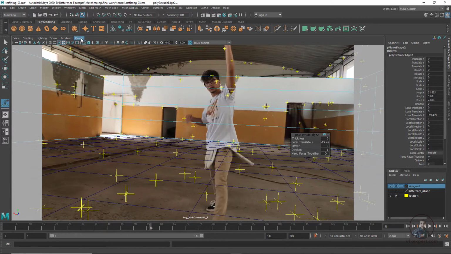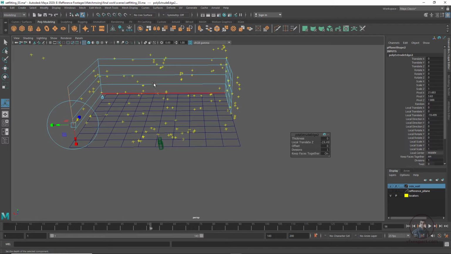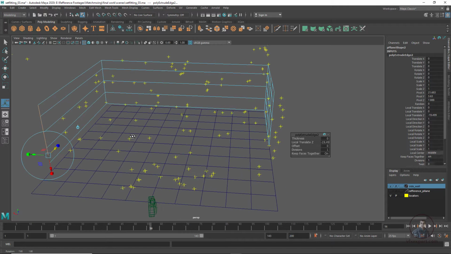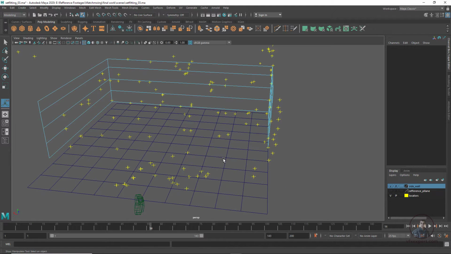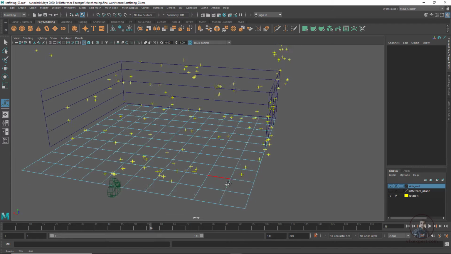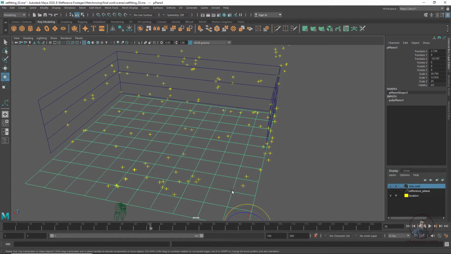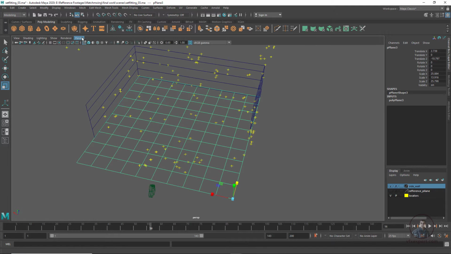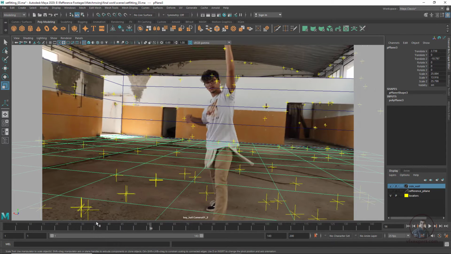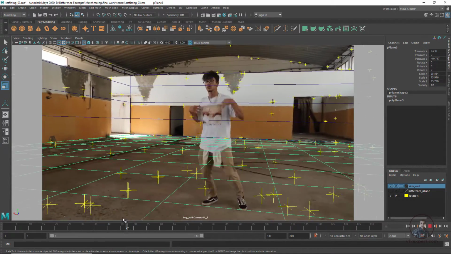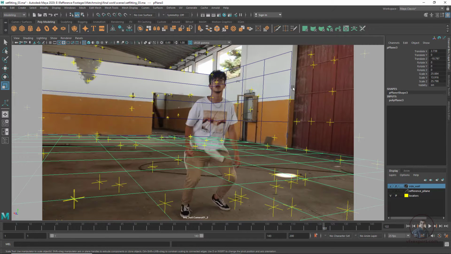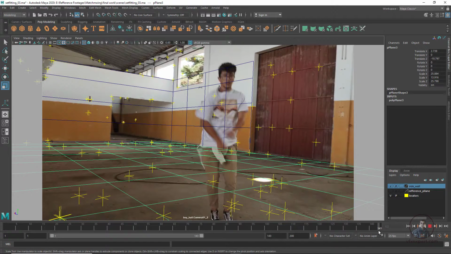Okay, now come into perspective view here, then adjust this plane a little bit. So you have to adjust this plane also. So here you can see, select this plane and adjust it a little bit here. I think this is sufficient. Okay, so also the remaining things, we have to adjust all these things here. Then here, if you want, you can bend it a little bit here, then here like this. So whatever you want, you have to create according to your scene.